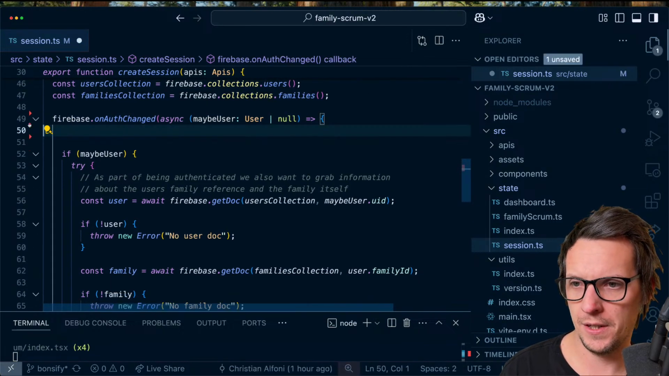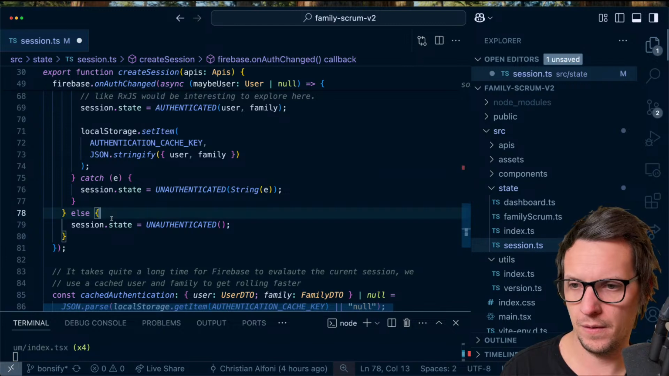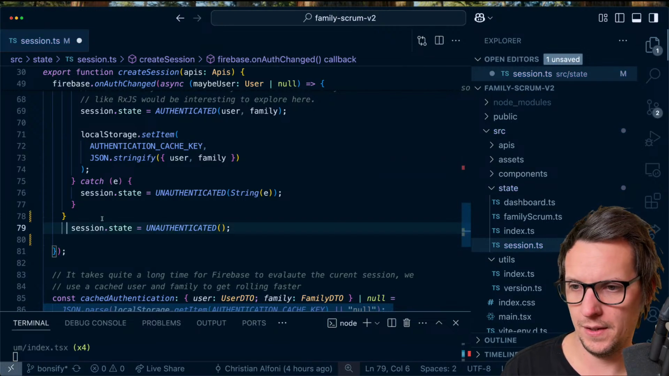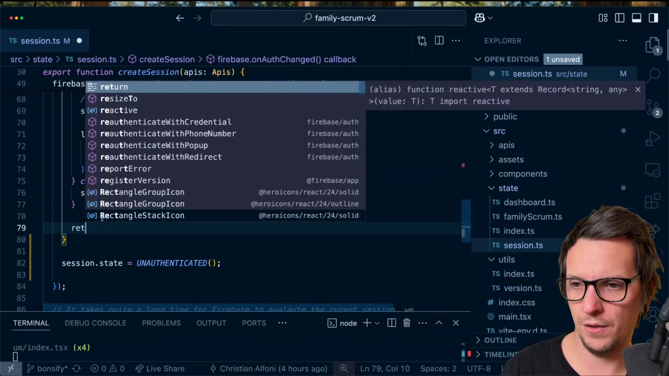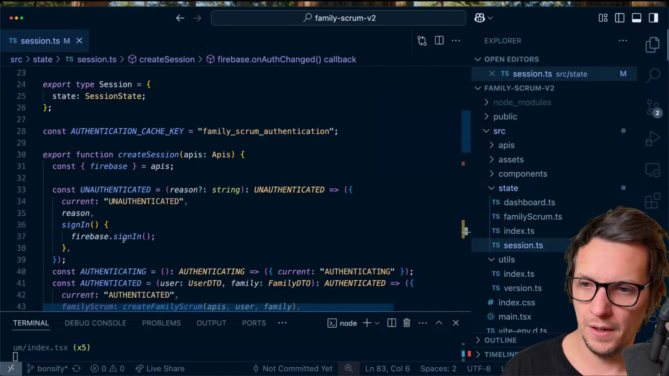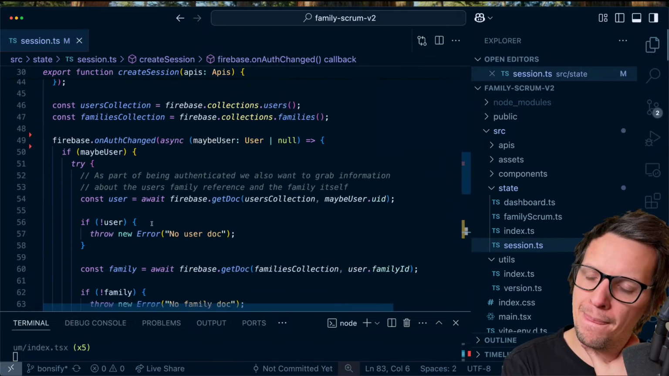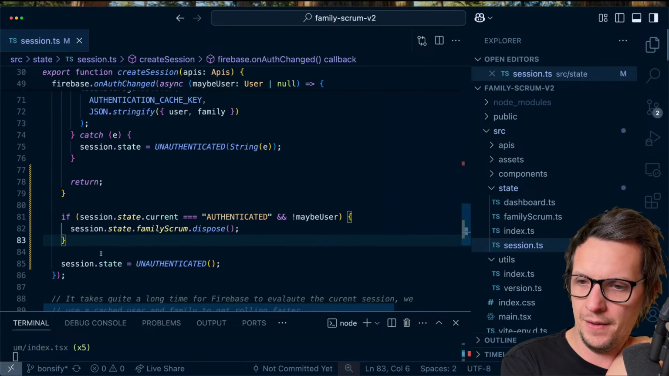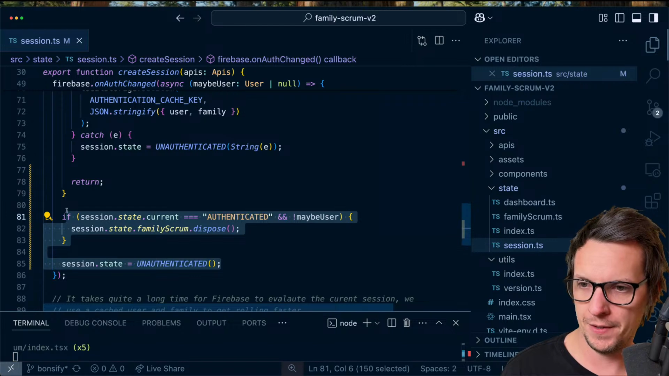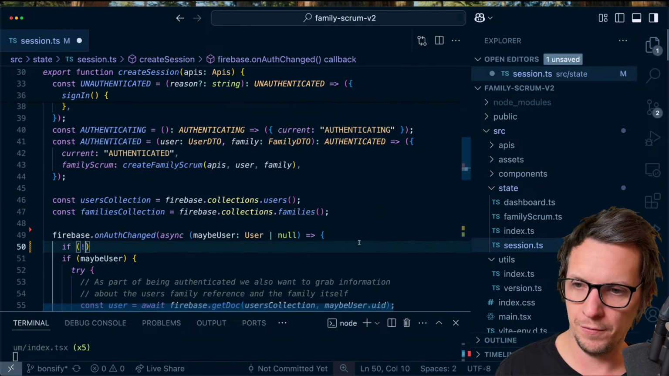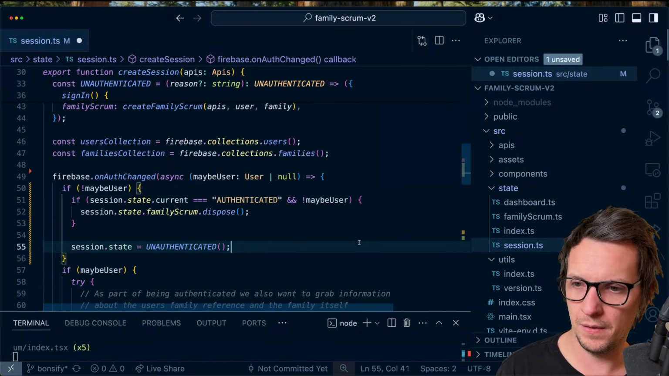You know, this actually fits better down here. We're gonna do this, this, this. We're gonna return here, and then we're gonna do this. That's better. So if we have, you know what we're also gonna do? We're gonna flip this around because this other code is much longer. So if no maybe user,